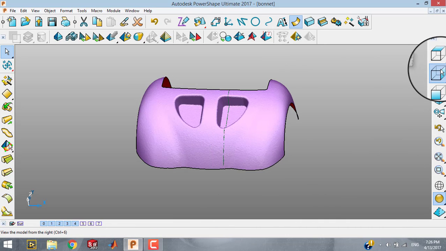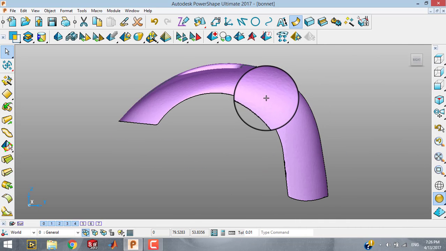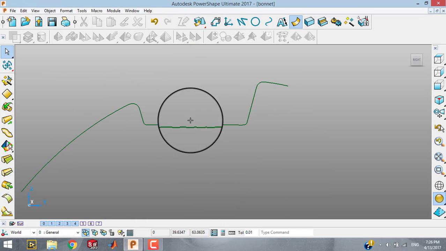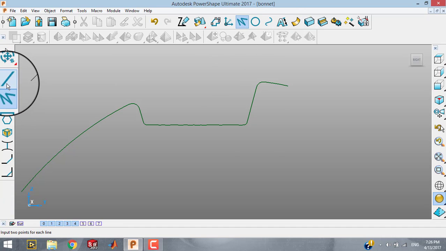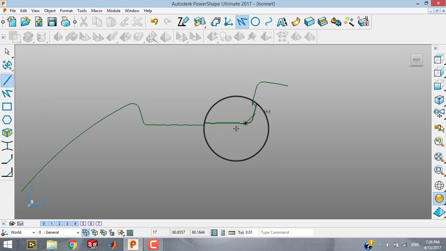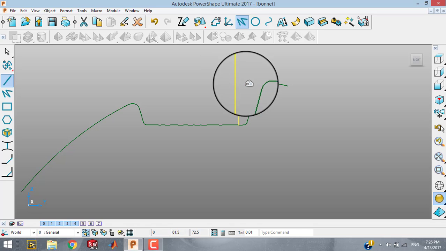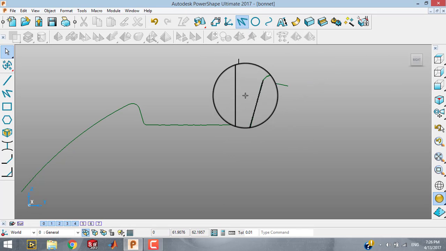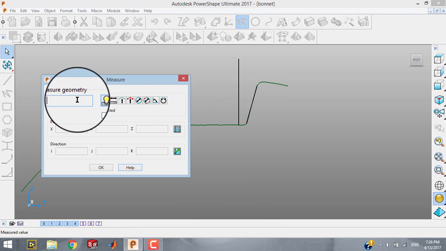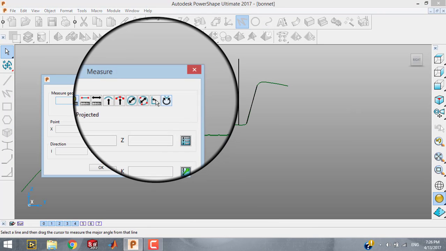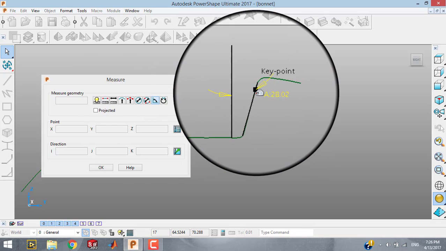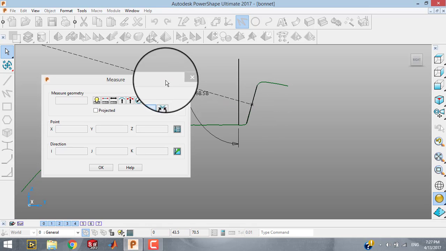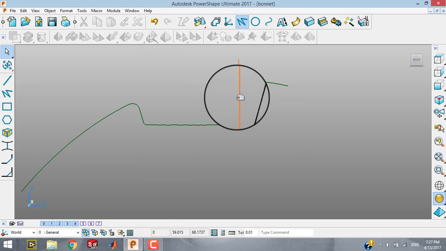Just view it from the side, and we're gonna hide the mesh, just to view just the wireframe. And now we're gonna draw a line to measure the angle between these two lines. So go to measure and minor angle. And it's around 15, okay, and we're going to measure the radius,